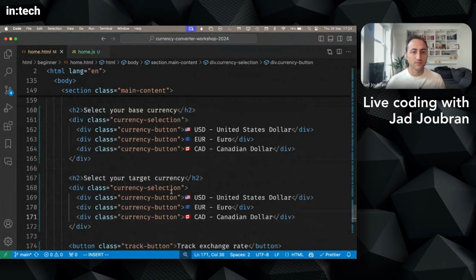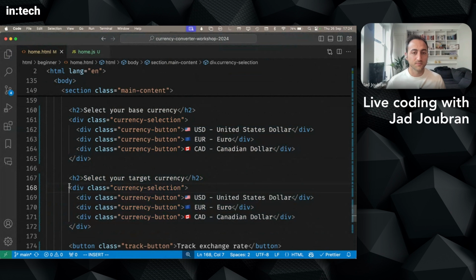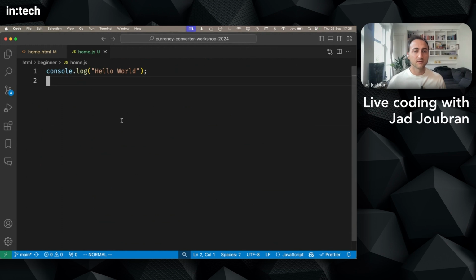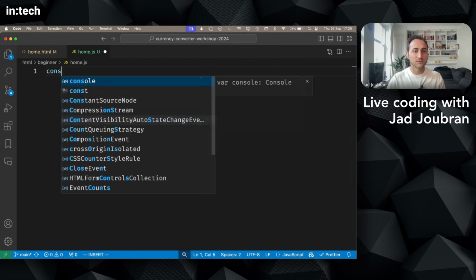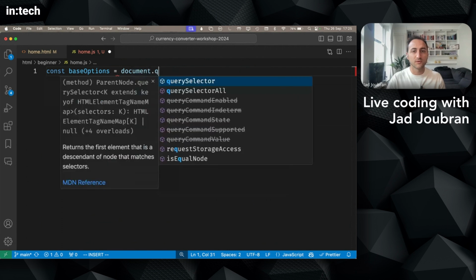And you see, these are the base currencies, and these are the target currencies. I want to be able to select only these 3 elements, but they all have the same class. So we can go to this parent here and say this is the base currencies, and this is the target currencies. And now we can select the options, for example, const baseOptions equals, and we use document.query